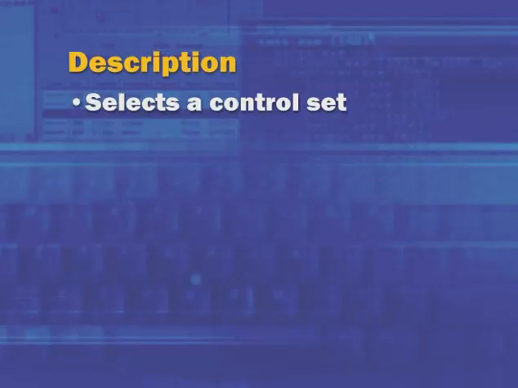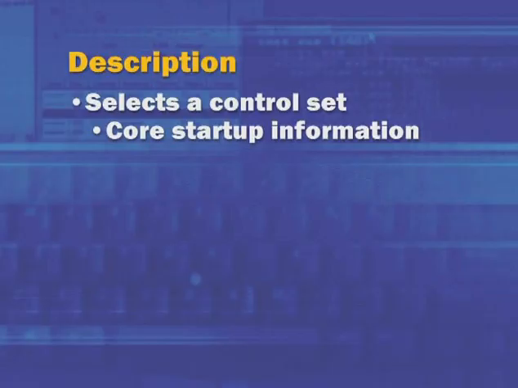And we're going to see what the definition of boot successfully is in a little bit. So when you choose last known good, what are you getting the last known good copy of? You're selecting a previously saved control set. A control set is a subset of the information in a subset of the registry. It's under HKey local machine system, and what is on the running system current control set. It's the core startup information, the list of drivers to be loaded and core operating system settings.